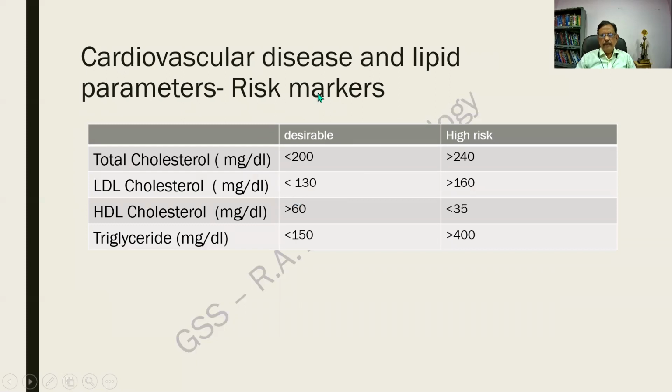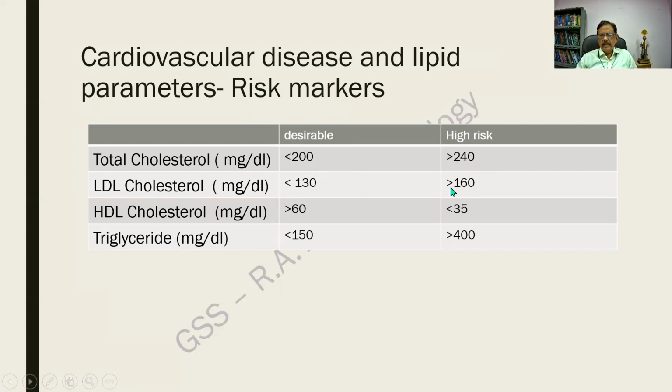The lipid profile you people would have read repeatedly in your biochemistry. Just know the tabular columns alone. When we say lipid profile, cholesterol, LDL cholesterol, HDL, triglyceride. And long back more than 250 was supposed to be significant, but now it is of high risk. And the normal cholesterol is less than 200. Earlier up to 250 was normal, but now they have become very strict with it. There is a method of study called the Framingham study, in which more than 240 is a high risk group.